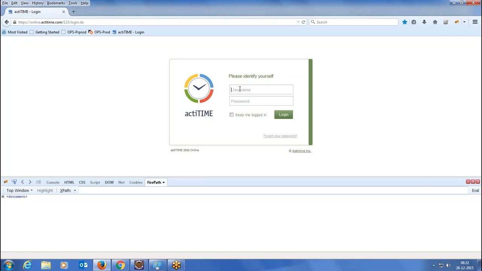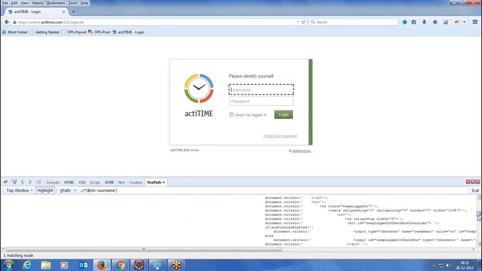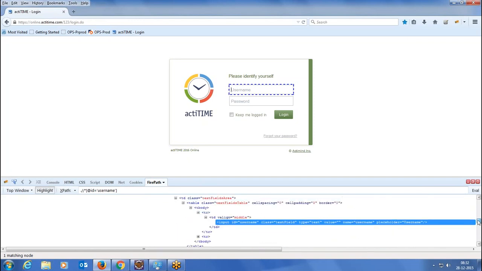So XPath is just an expression which is used to locate a particular element in the web page. Okay, so how do we write this XPath? Let me start with the basics. There are two ways. One is absolute XPath. When I spy on this, you can see the entire HTML code, right? So I can start from the root.